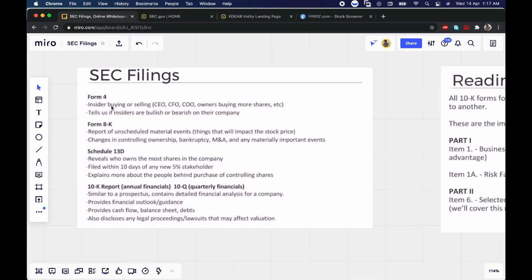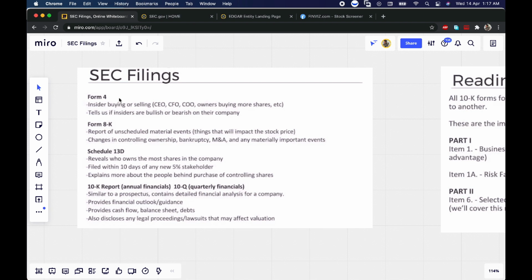There is a Form 4. What is the Form 4? The Form 4 in SEC filings basically tells us about the insider buying or selling, and that is one of the main factors to determine what the insiders view about their own company, especially if the CEO, which is basically the owner of the company, doesn't buy enough shares. Basically, he would be a jerk if he is not buying enough shares, or there's something going on in the company.